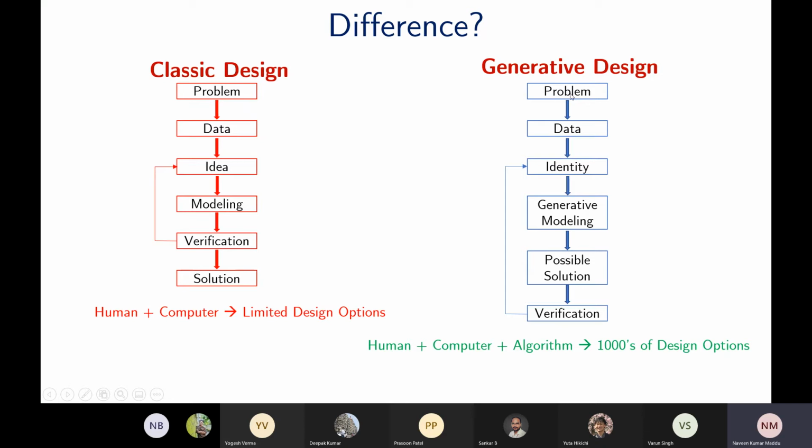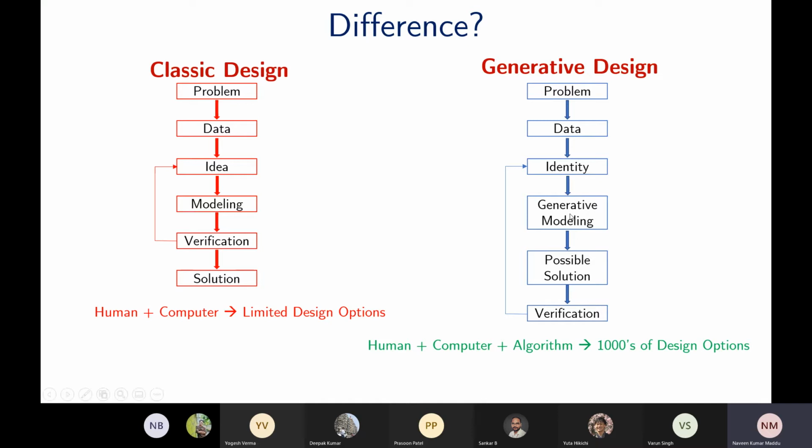Generative design, nothing. You have a problem, you have data, but you have identity. Identity is nothing but the initial shape or form of your product. So obviously you have to give some initial condition, like if you're solving some problems, it has to have some initial conditions, right? In the same way, you have to give the computer or the machine saying that, okay, this is how it looks like, maybe it is how it has to start.